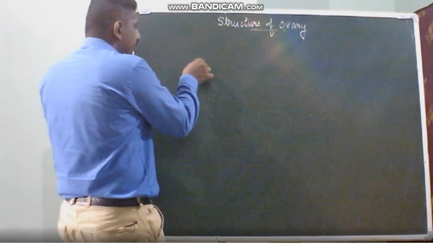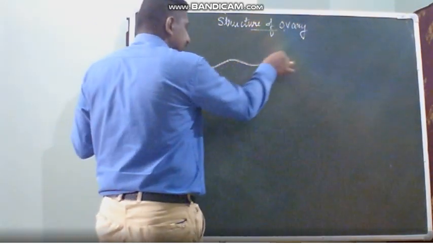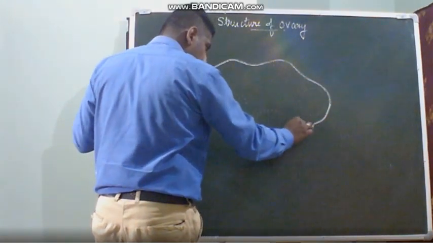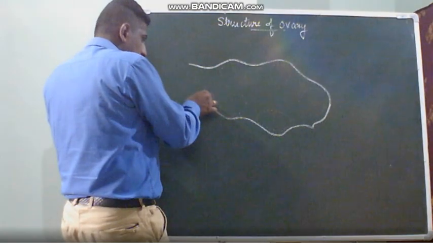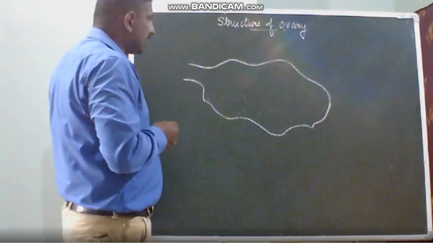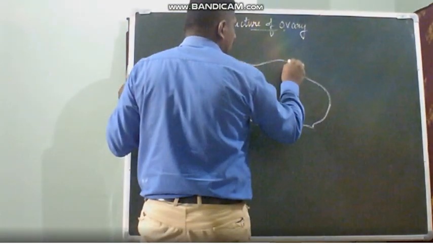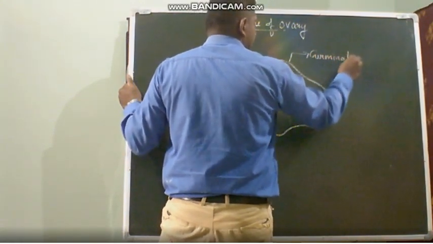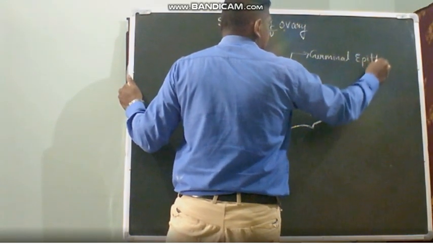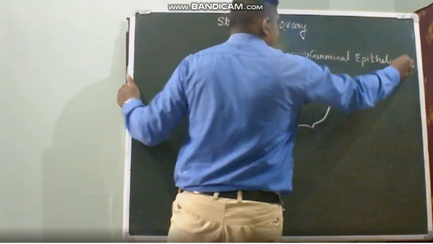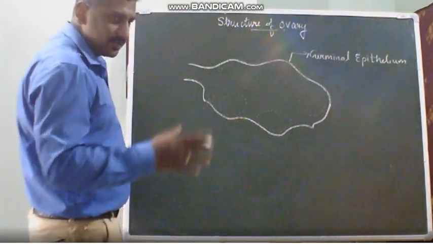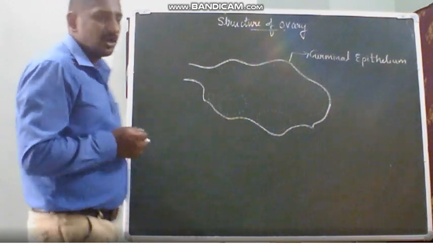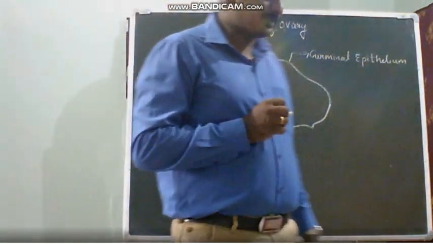So if you look about the ovary, we have an outer important layer. I am going to teach you how to draw it. We have an important layer, and this one is called as the germinal epithelium. Even when we saw the anatomical view of seminiferous tubules or transverse section of seminiferous tubule or histological structure of seminiferous tubule, they also had a germinal epithelium.